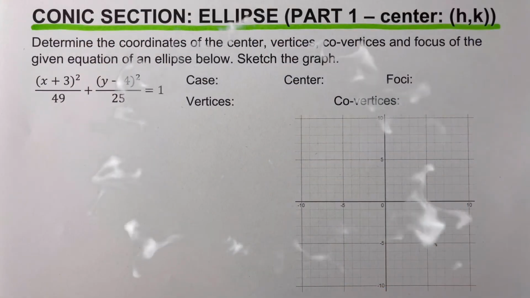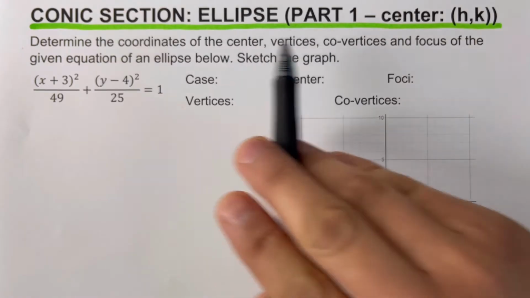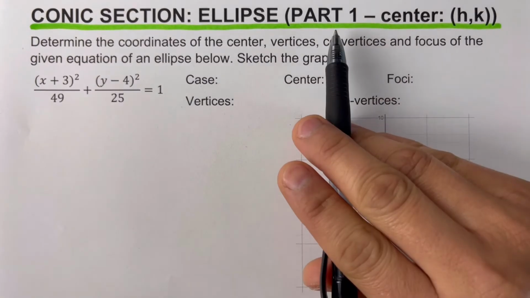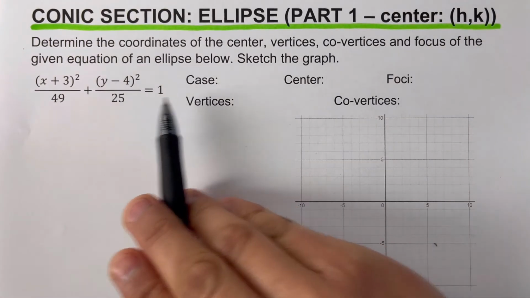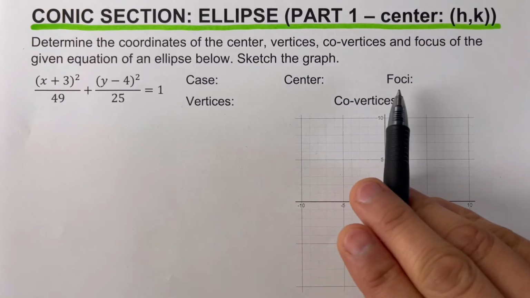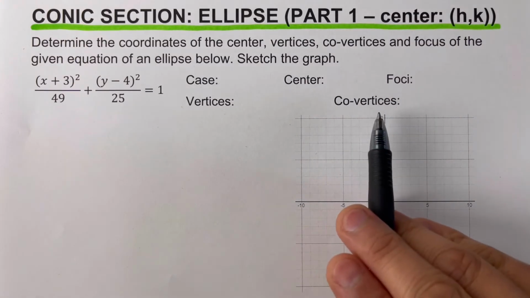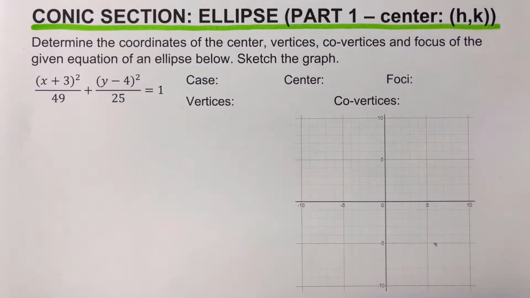Hello everyone. This video will focus on conic sections, specifically on the ellipse with center at (h, k), and this is the first part. In this part, we're supposed to determine the type of case given the equation of an ellipse, the coordinates of the center, foci, vertices, and co-vertices, and sketch the graph of this ellipse. Before we go over this example, let's have a review